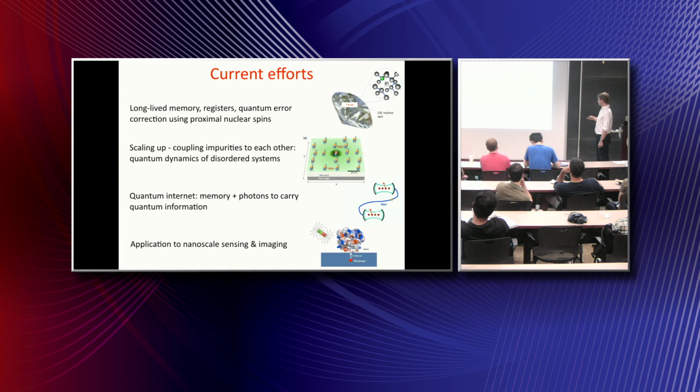There's a lot of effort to also couple these NV centers at long distances. In fact, they have been used to violate Bell's inequality over length scales of kilometers. Here you use the NV center electronic and nuclear spin as a memory and photons to carry quantum information. And finally, these color centers can be used for nanoscale sensing and imaging. If I have a little bit of time at the end, I will talk about that and its connection with time crystals. So a lot of efforts now are addressing this problem.